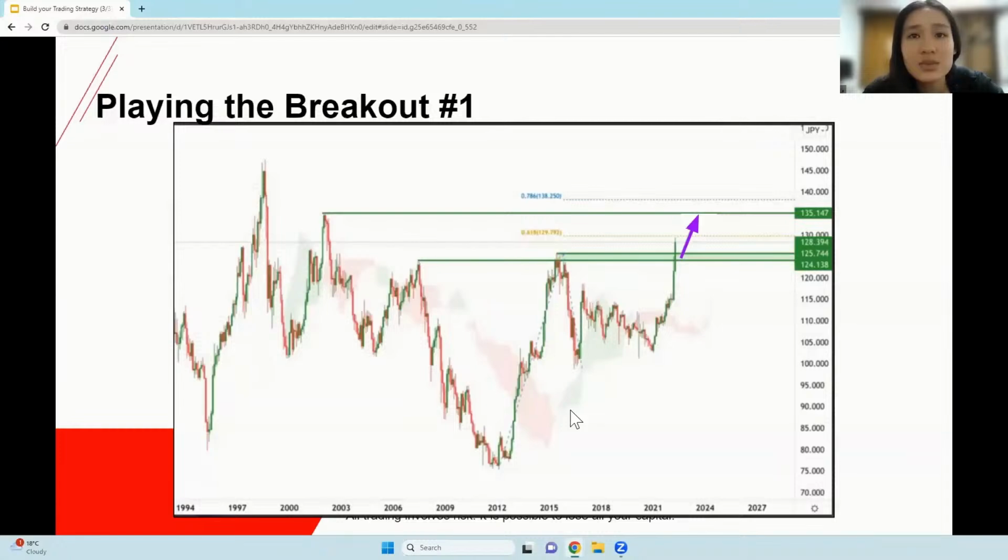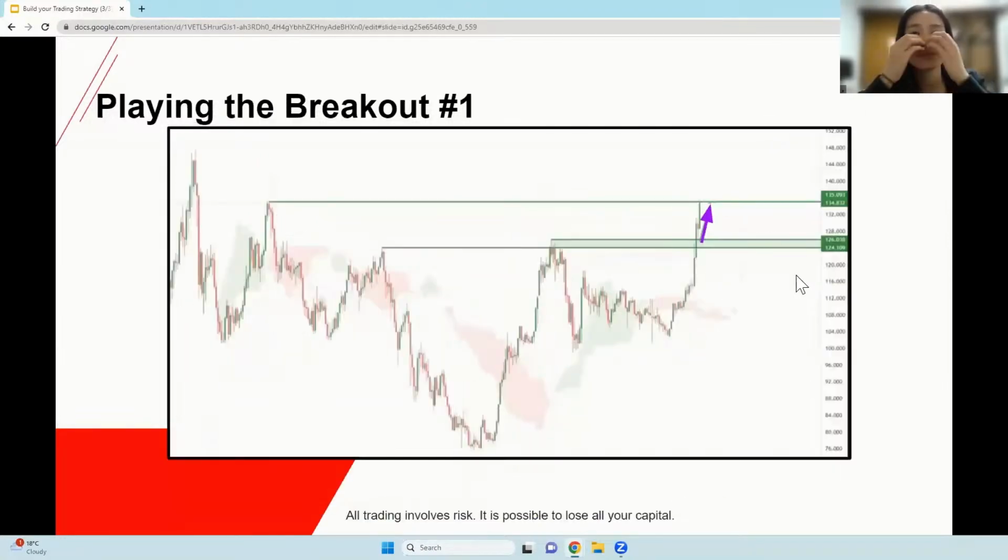And then thirdly, we have a 78.6% Fibonacci projection that also lines up with that same level. Once again, it doesn't have to line up exactly at the same level. I mean, it would be nice if it did, but these tend to be confluence areas more so than levels. So as long as it's near or close to it, that's fine.